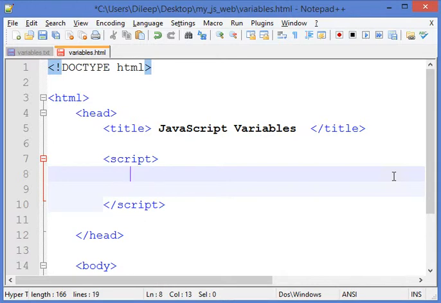So the first thing, in order to declare a variable, we have to use the var keyword. It's a keyword provided by JavaScript to create a variable. So we'll use the var keyword, and after that keyword we have to give the name of a variable. Suppose here I want to give the name my